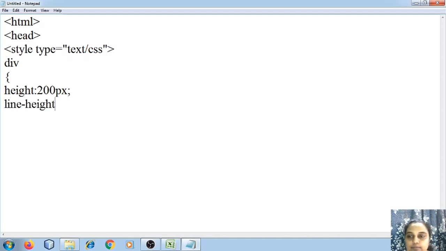Line height, okay, is going to be again 200 pixels. Color, white. Text, so all these are attributes. All right, text align, center, padding,